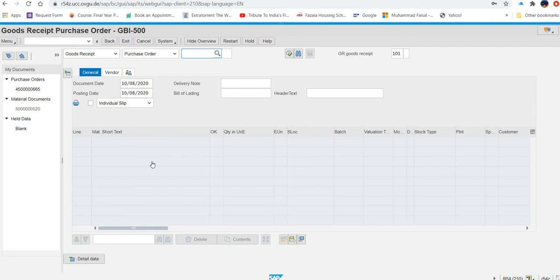Now what they are saying, you have to go there. I think you have to select the purchase order. See here, it is not showing that purchase order.